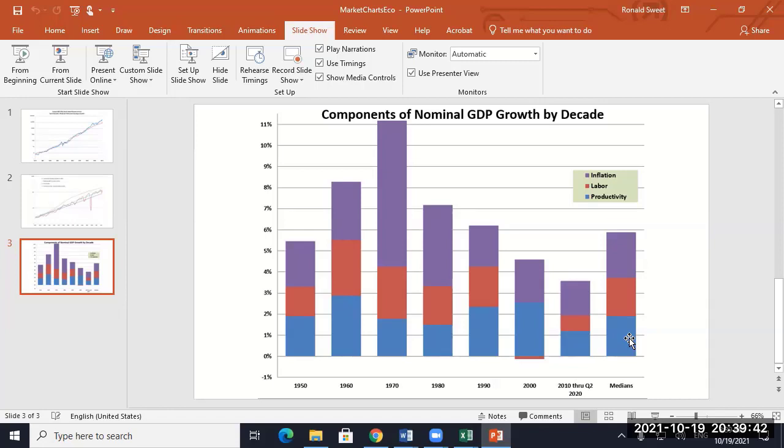But you can use someone's long-term forecast if you can find a good long-term forecast. As I said, you can find long-term forecasts for inflation. You can just use the bond market to do that for you. But labor growth, here's my argument: if productivity is well above 2%, labor is going to be well below that, 0 or lower, because we're just going to be replacing labor with productivity.